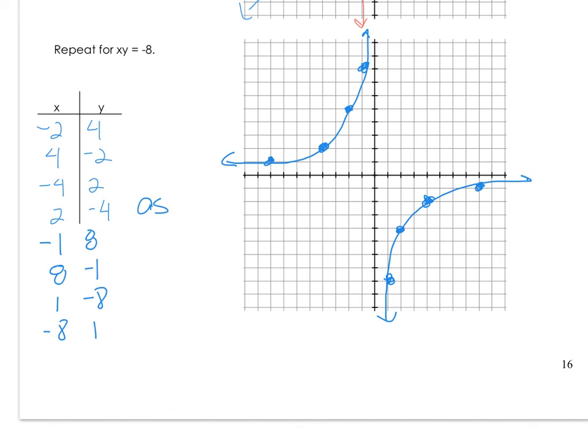So the asymptotes are x equals 0 and y equals 0. Okay? But let's talk about that line of symmetry, because in this case the line of symmetry runs in this direction. And so the line of symmetry here is the y equals negative x line. Okay? So in the next page,